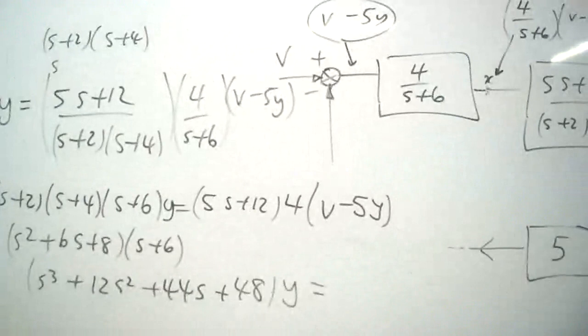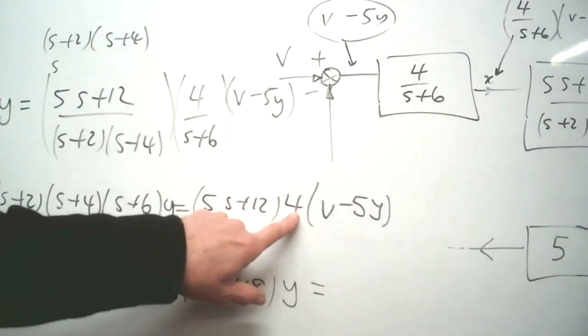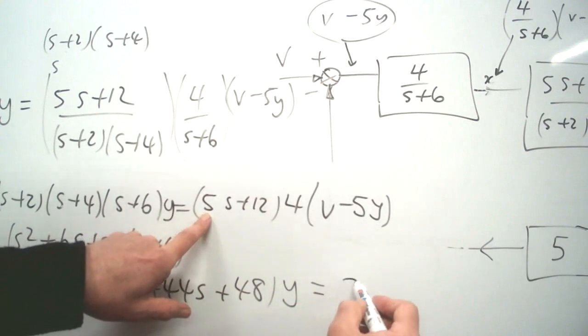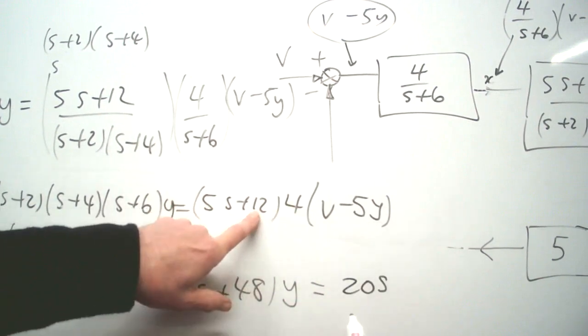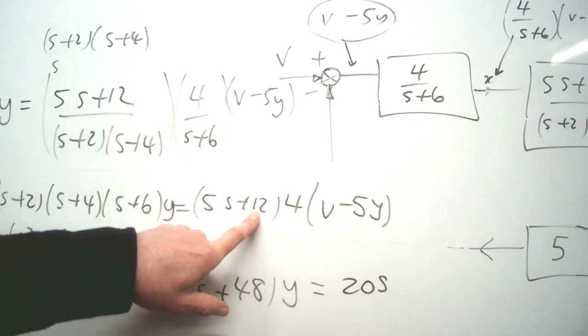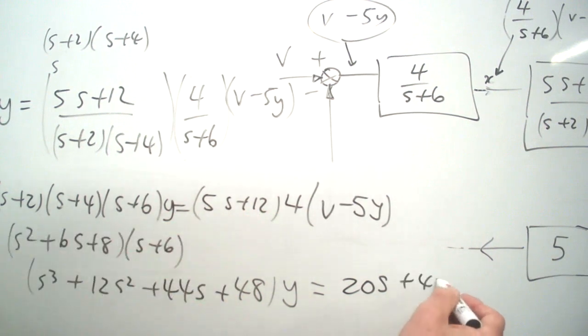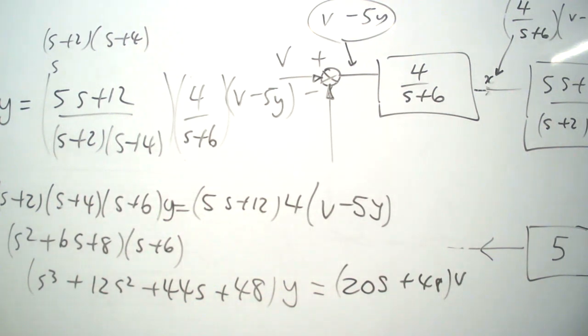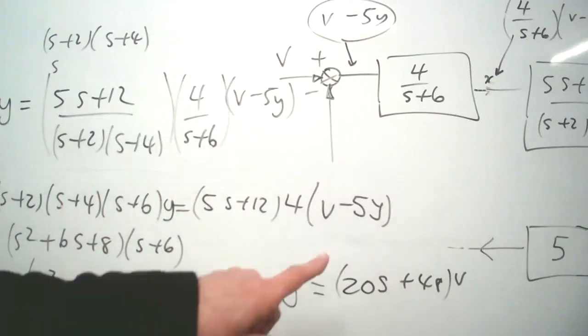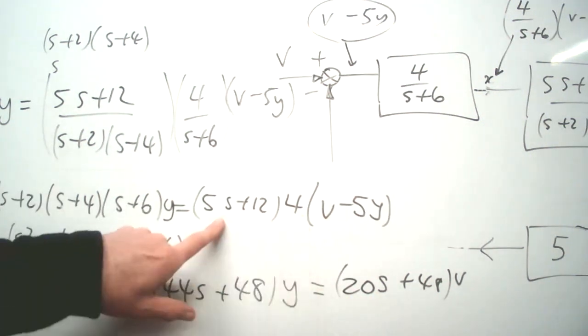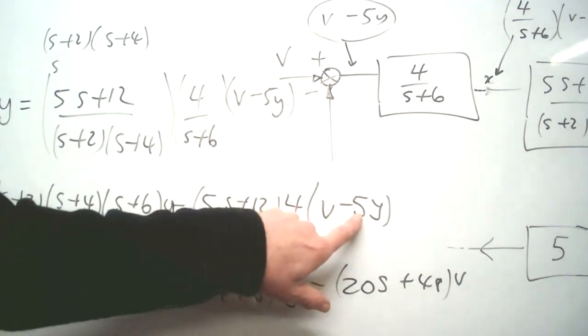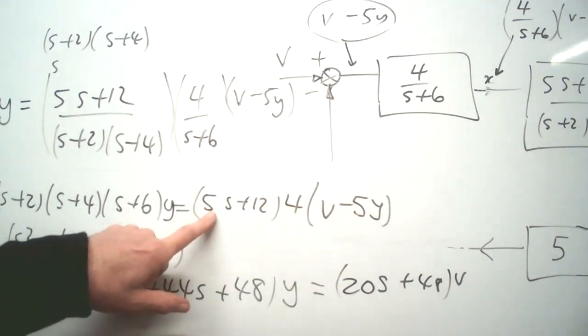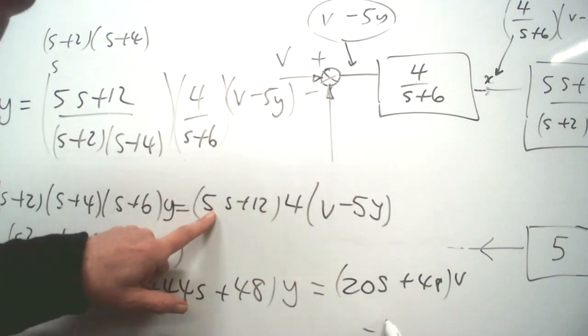And then I've got to sort these terms out now. So 4 times 5 is 20, it's going to be 20s. 4 times 12 is 48, that's a tricky one. So I get 20s plus 48 times v. And then I've got 5y times 4 times this, so there's some more terms now. 5 times 4 is 20, and 5 times 20 is 100, so it's going to be minus 100